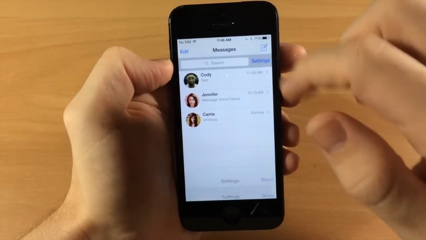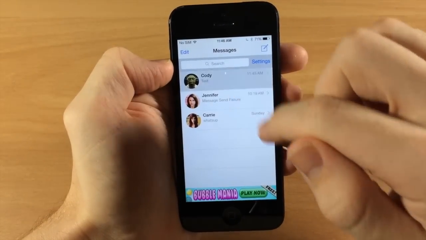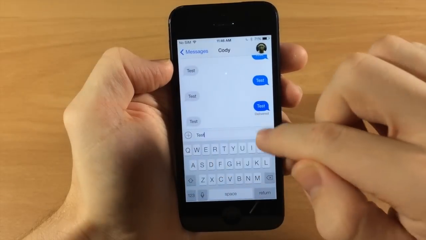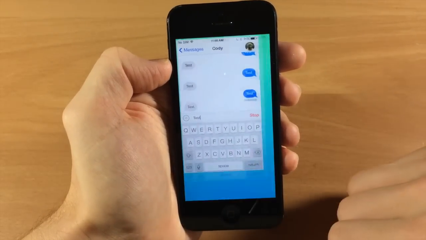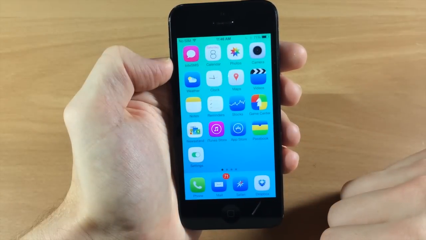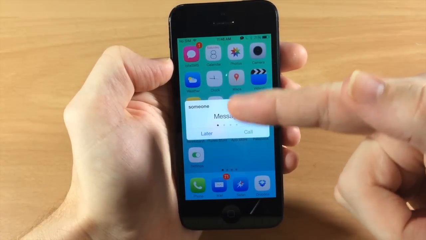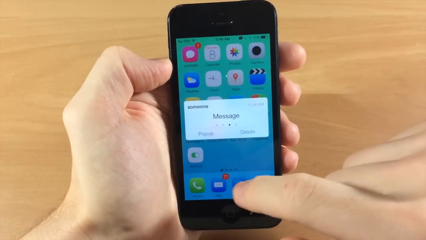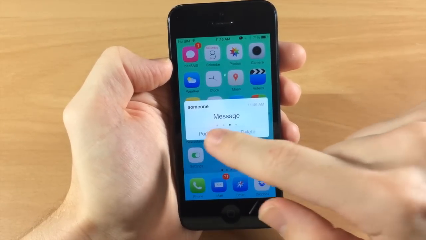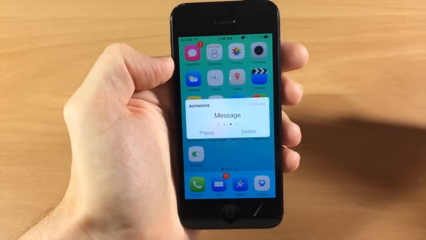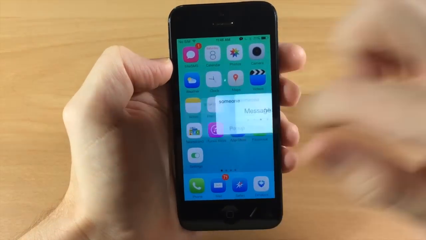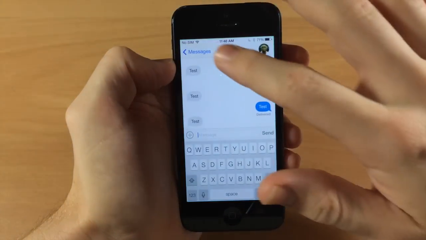So let's do this one more time just to show you what it does. And we'll get out of here. Alright, so now you don't have the pull down right there, and if we swipe over to pop-up, you actually can't tap on pop-up, so it's not going to give you access to those pictures. So let's swipe that away, go back into the settings,